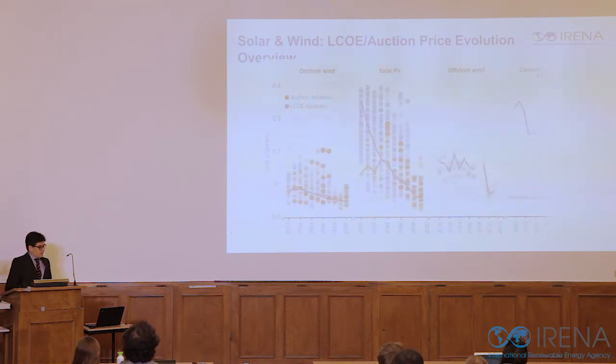And here we can see for the 4 technologies compared how increasingly, as I mentioned, the projects are falling within the fossil fuel cost range, or even below. You see lots of onshore and solar PV projects projected to be below the fossil fuel cost range from 2019 onwards. So this would be like a general overview. As you can see, we cover almost all renewable energy technologies in this report, and I will now go a little bit deeper into each technology,